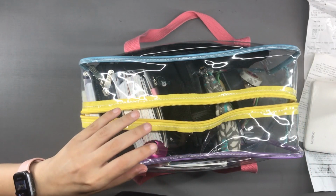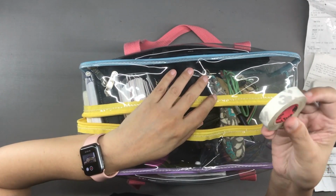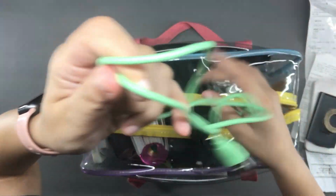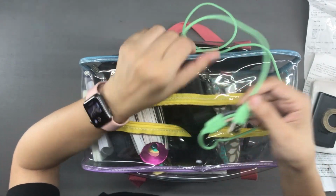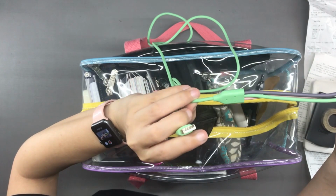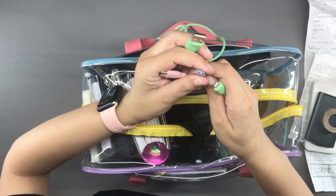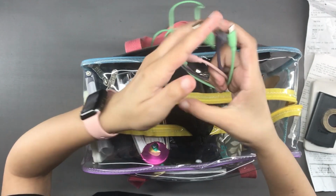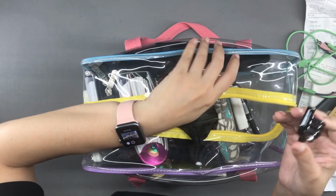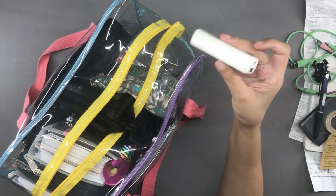A piece of used tissue paper, my calculator, a roll of double-sided tape, a key to the house, a charging cable. This one can charge 3 different devices at the same time because it has a plug for Lightning, micro USB, and USB-C. But if you plug in 3 devices at the same time, charging will be super slow, but they will charge. A random thank you card, a GoPro mount, a ballpoint pen for writing on government forms,